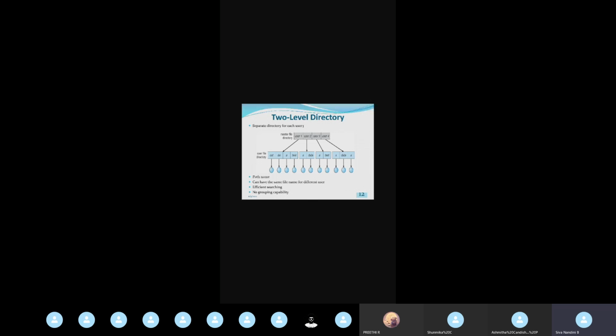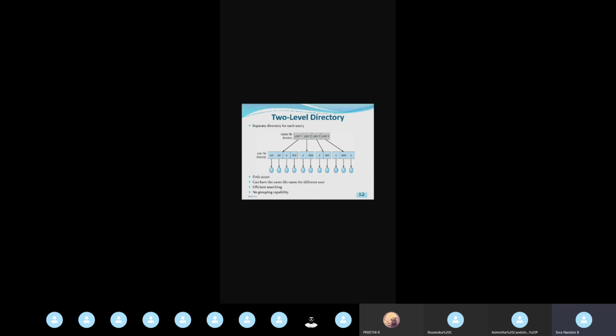To access this cat file, I need to specify the path name. What will the path name consist of? It consists of the master file directory and the corresponding user file directory. So to access the data in the cat file, I need to specify user1 cat. Then only I will be accessing the cat file in that username. In this case, the cat file name is not repeated anywhere else, so even if we access it as just cat, we can access that file.